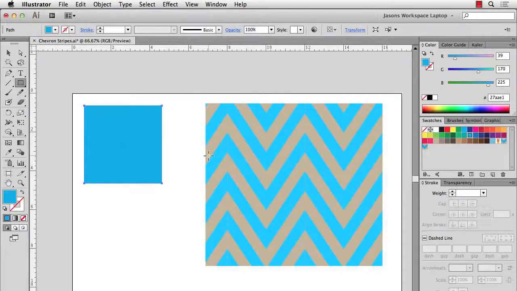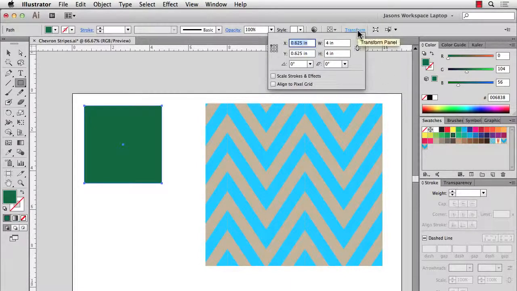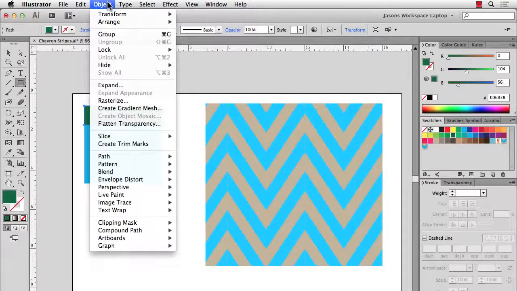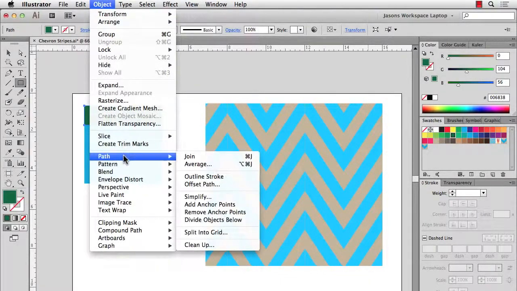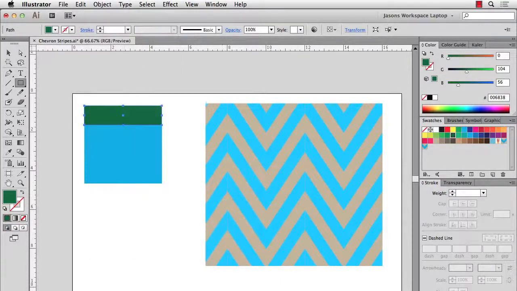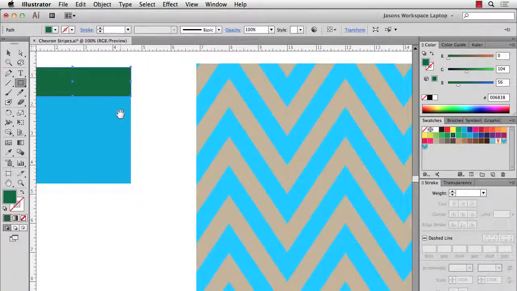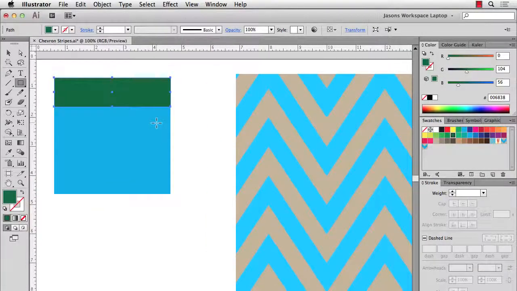We're going to do a similar thing to what we did before: copy and paste in front. Might as well give this one another color first off. Then I'm going to go back up to Transform and change the height to 1 inch. So we have a nice 1 inch stripe across here. Again, go back up to Object, Path, Add Anchor Points to add those anchor points right in the middle for us. Go to your Direct Selection tool